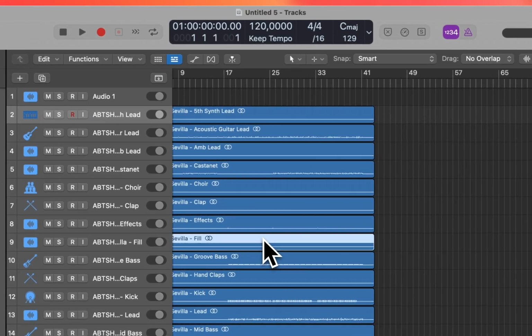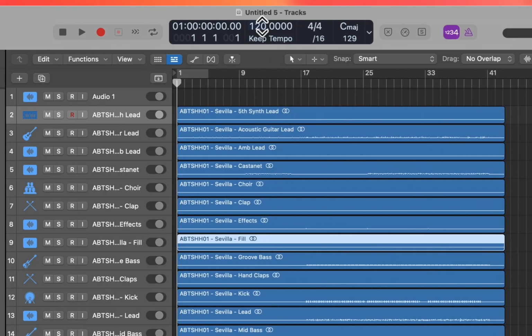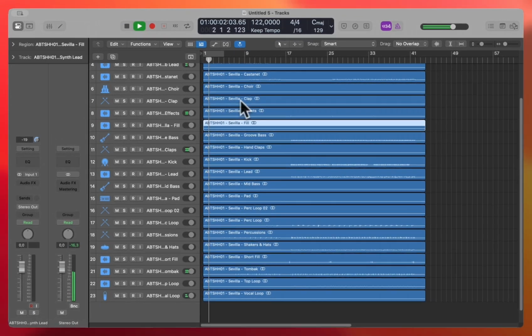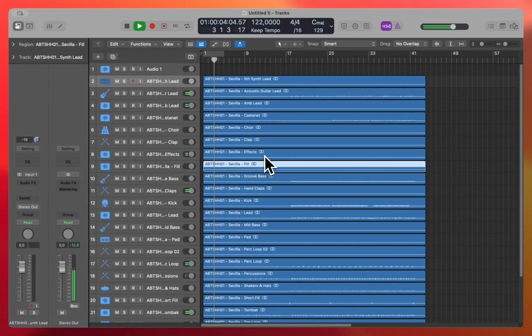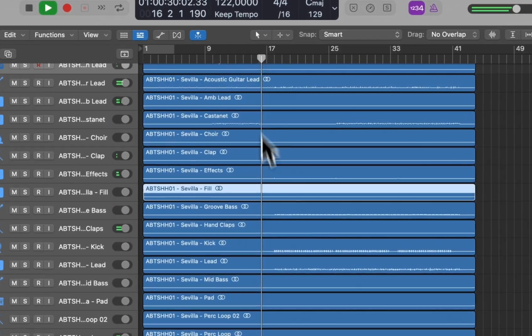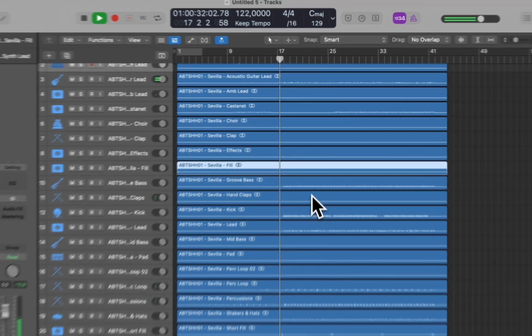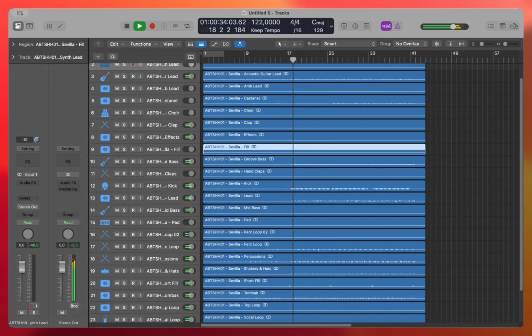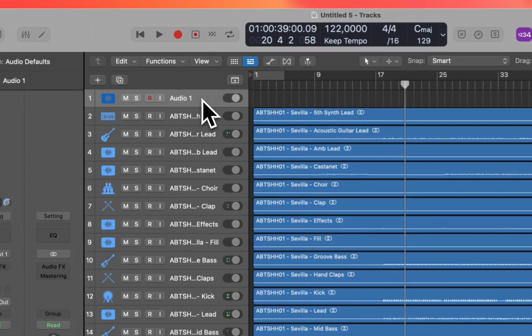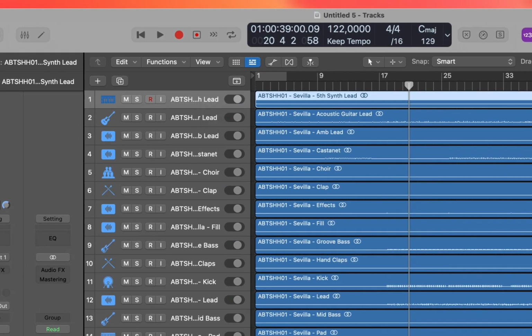Cool, now that we have our stems, by the way, we know that the track is on 122 BPM, and let's go and play a bit. Okay, this sounds fine. The next step that we want to do is rename everything, because